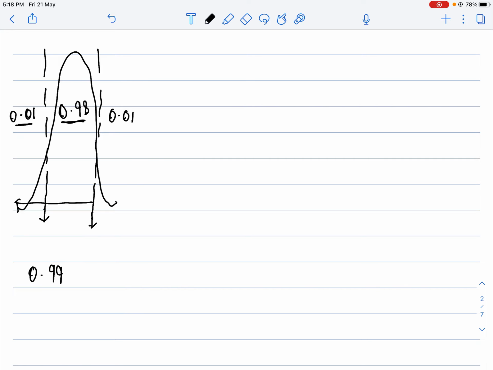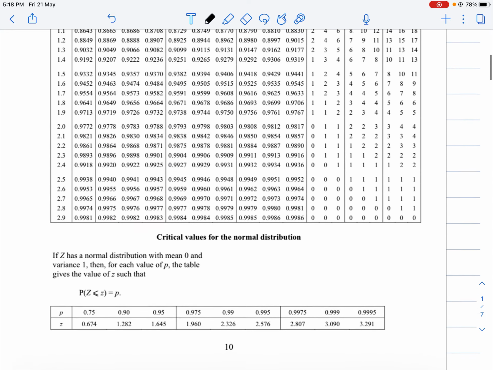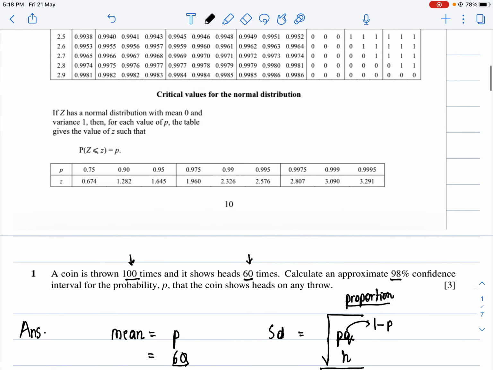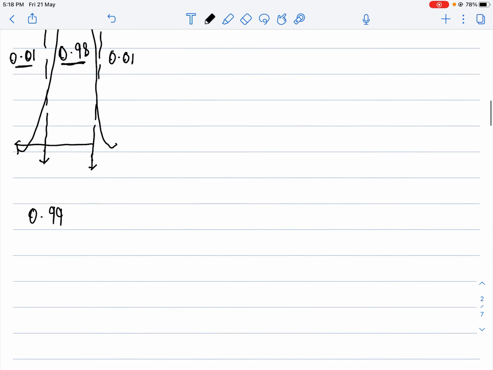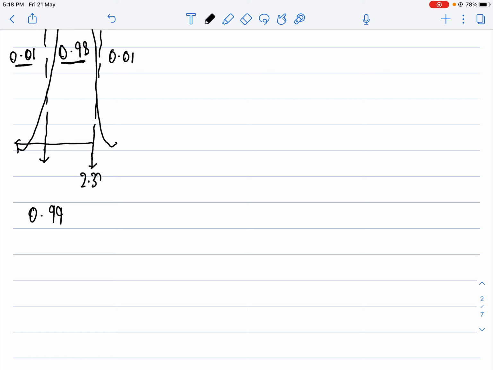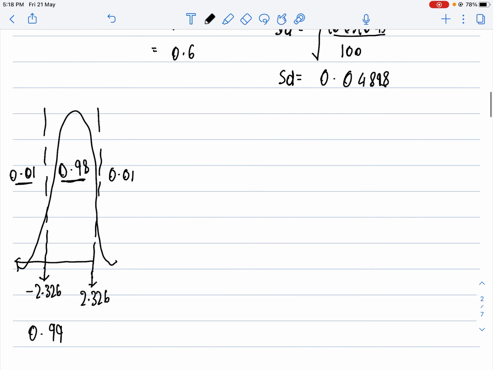0.99, sorry. So now you go to the table of critical values, this page 10. You come here, and you see there's a probability of 0.99. The corresponding Z value for that is 2.326. So you can simply write 2.326 here and minus 2.326 here. Now I can write this formula as the upper Z value equals the upper